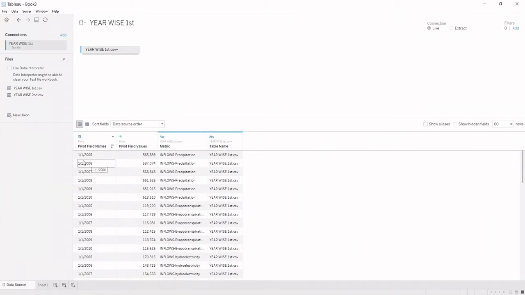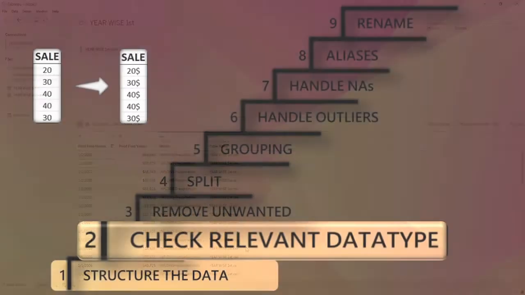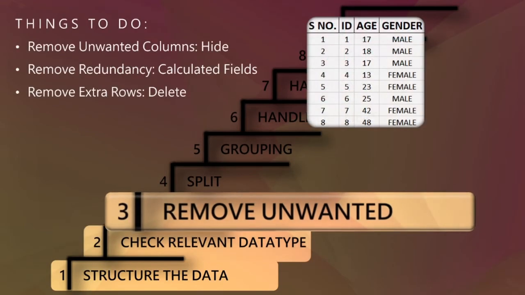And we came to know that this pivot field name column now has date type values by seeing this icon, as this icon is a calendar sign, which tells us that the data type for this column is date. And from the values also we came to know that earlier it was 2005, but now it is converted to 1/1/2005, which tells us that it's the date of 1st Jan for 2005. Hence we can say that in step 2 we have converted the data types into the respective formats, and hence our data is cleaned according to the data types.